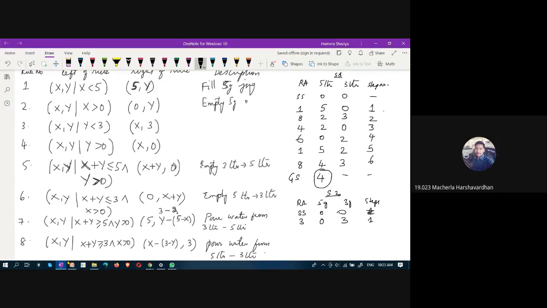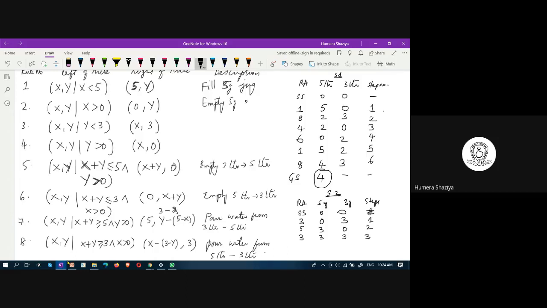I'm pouring 3 gallon water into the 5 gallon jug, ma'am. Which rule? Fifth rule. Yes, very good. Rule number 5, you are emptying a 3 gallon jug into 5 gallons. So now 5 gallon has 3 and this has 0. This is step number 2. Exactly. Next. Again, step number 3, ma'am. Very good. What are you doing in step number 3? The 3 will remain as it is. Here the 3 gallon will be filled up. So here also it got 3.